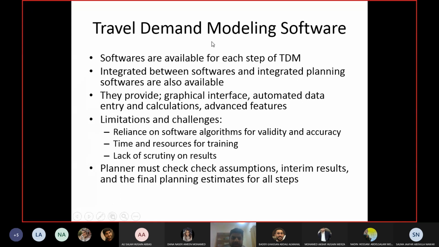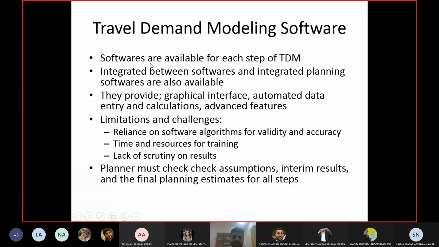Now, the good thing is we have travel demand modeling softwares as well. Even other softwares, for example simulation softwares like I may have mentioned earlier, VISSIM. Even normal simulation softwares are now coming up with some tools to do planning as well. They are softwares in which you can put OD matrices and then you can do the simulation. These softwares are not generally for planning, but they have some tools available to use the planning data.